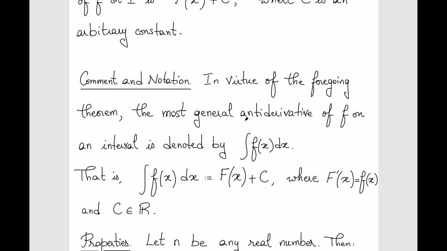The most general antiderivative of little f on an interval is denoted by that symbol. Okay, what is that symbol? This is the symbol of the most general antiderivative of little f. You see little f here? Okay, and dx is because we are